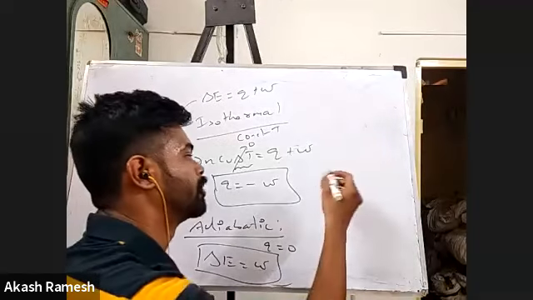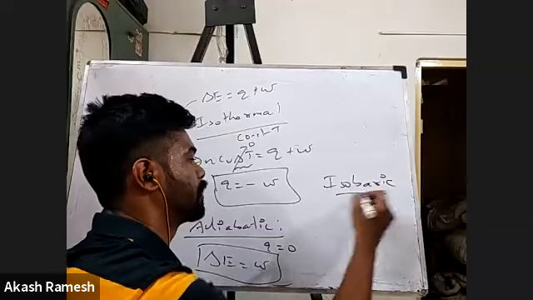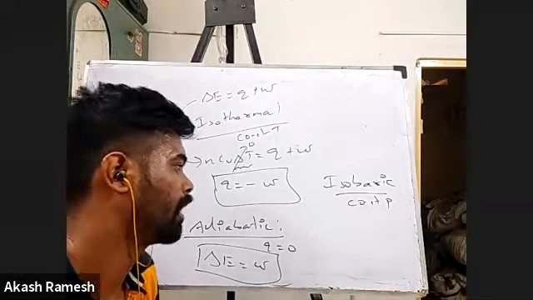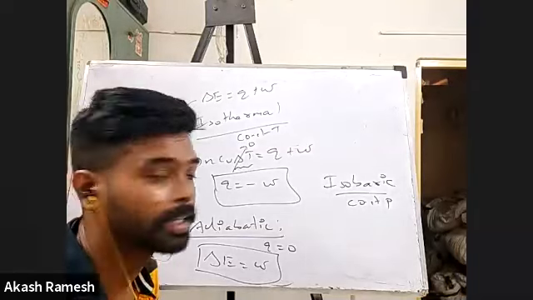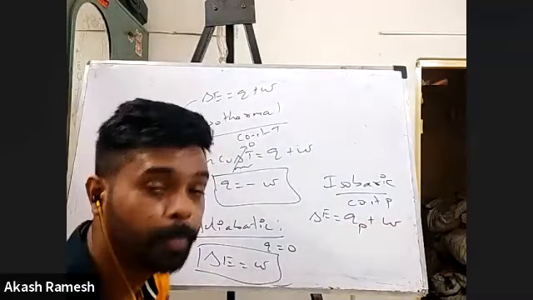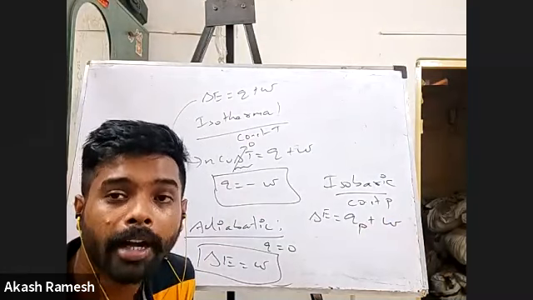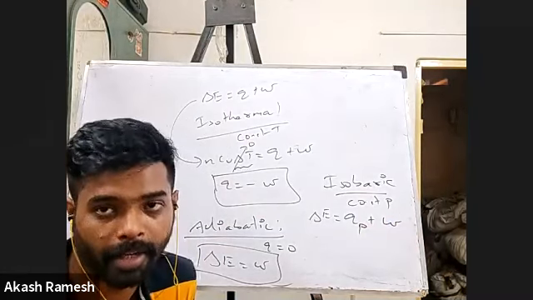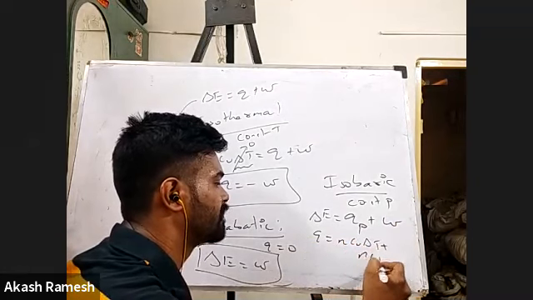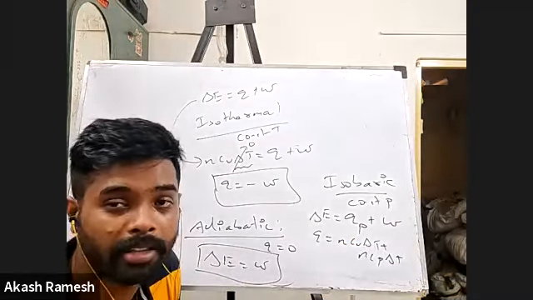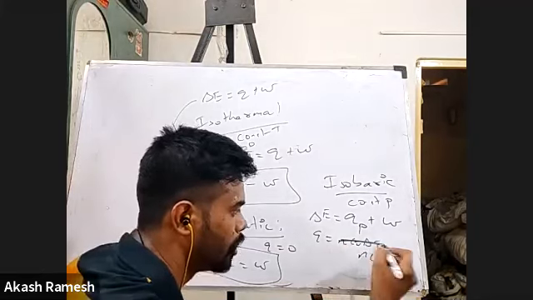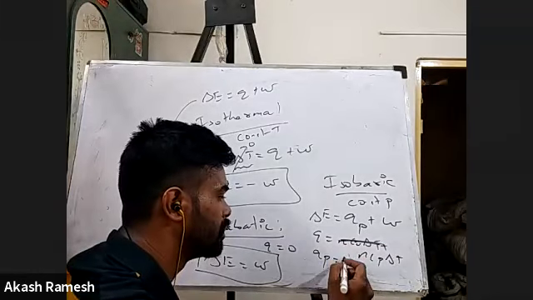Okay, so let me go for that also. I go for an isobaric process where I'm having constant pressure. So I know the equation is delta E is equal to Q plus W. Let me rewrite the equation a little like this. I write Q as QP. What is QP? QP is heat lost or heat gained at constant pressure. Again, I have the equation for Q. I have NCV del T plus NCP del T. Now in this case, since the process is happening at constant pressure, CV has no role to play. So this has no role to play. So I can write QP is equal to NCP